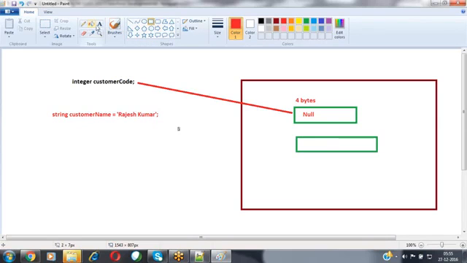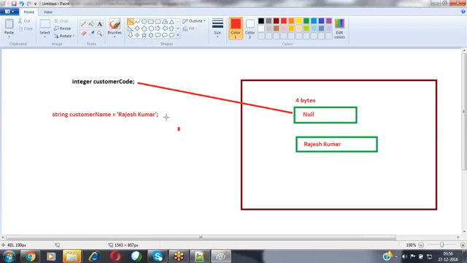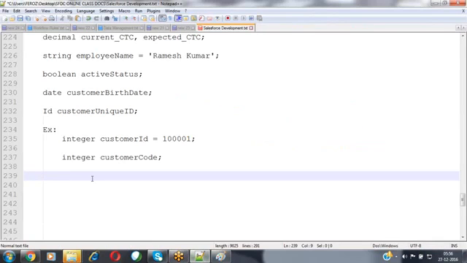And whatever value you have assigned for that variable, that value will reside inside this memory location, and this variable will automatically point to that particular memory location. So if the user assigns some value, that value will be stored inside that memory location. If the value has not been assigned by the user, Salesforce stores the value as null by default inside that variable memory. This is the process that happens here. Now, let's make a note of it here.